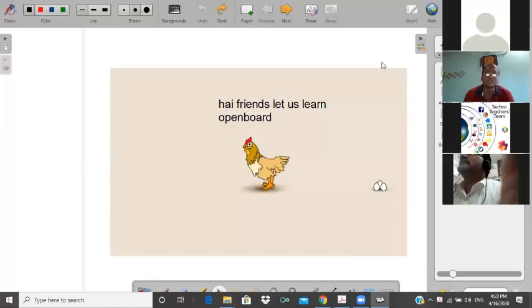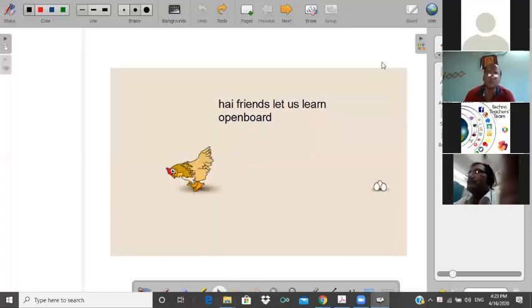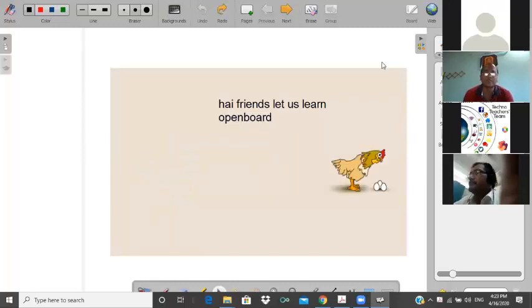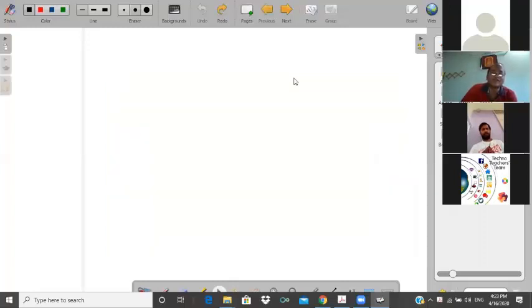That is the question. This interface is useful for SWF files, movie files, and audio files. There is no need to use other software. For example, if you want to show a video, we have to go for VLC media player or Windows Media Player, but there is no need in this software. For example, look at this, sir.